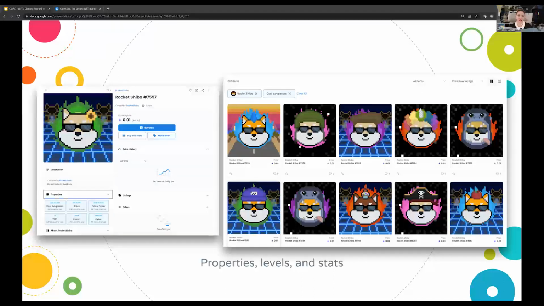Properties are distinctive features that you think people may want to filter by. Levels are helpful if you're reproducing something with slight variations or making multiples of an item, and you want to list it as print 3 of 5 or something along those lines.